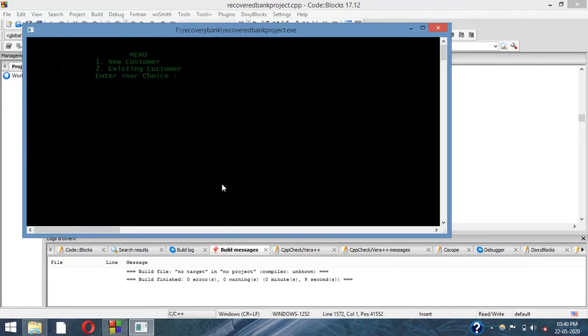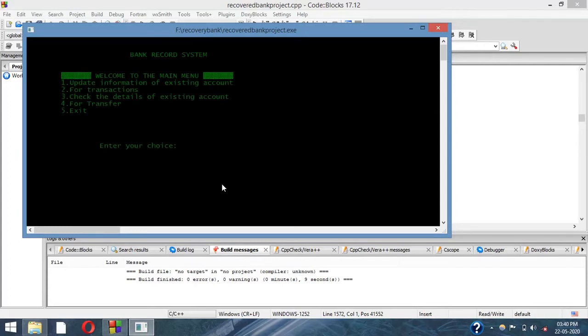I will be giving the password. Again, previous menu, I will be going into the existing customer, and for security purposes it is asking for the customer ID. So customer ID is nothing but the account number, 00112280. I am giving the account number of the first person. The password which I had given for this account number was Dora.